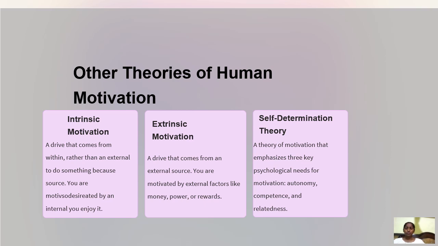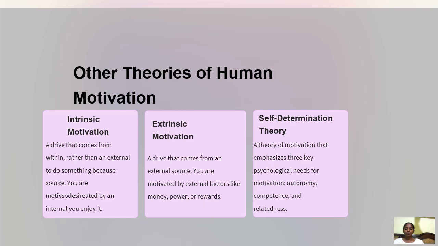Extrinsic motivation, let us see what is extrinsic motivation. A drive that comes from an external source. You are motivated by external factors like money, power, and rewards. Extrinsic motivation is what we feel when we complete a task for some external reward. In short, intrinsic motivation helps us perform at our very best. When you are motivated to do the activity in order to gain an external reward in return, your goal is focused on outcome and does not satisfy your basic psychological needs. Rather, it involves external gains such as money, fame, power, and avoiding consequences.